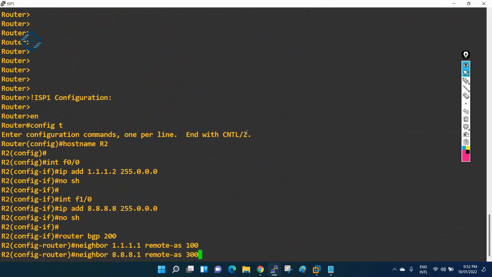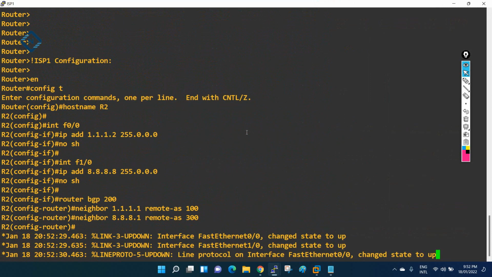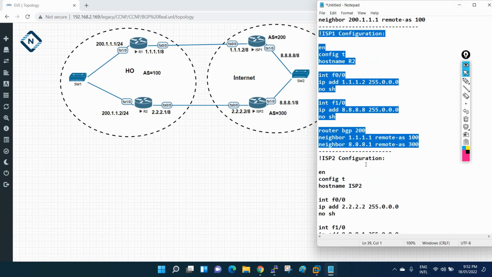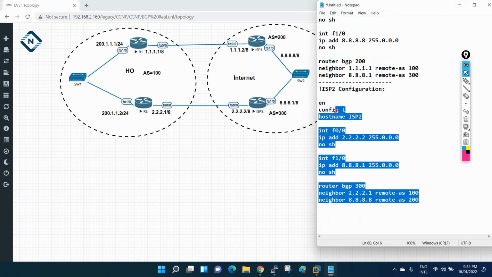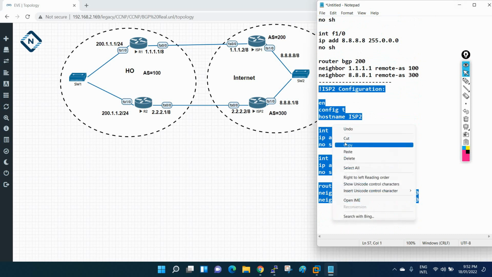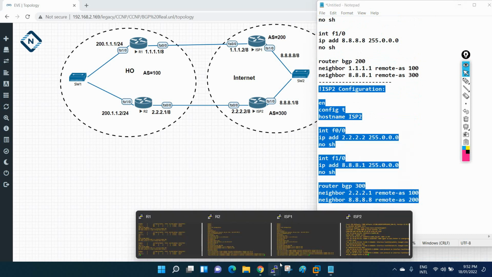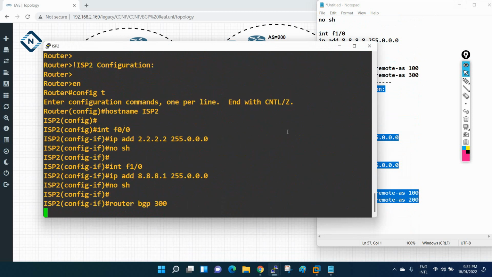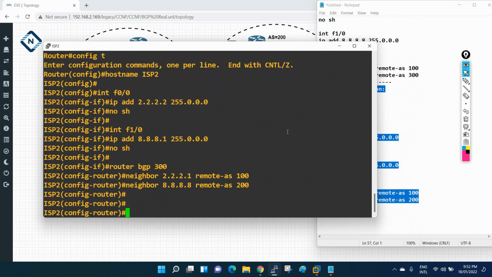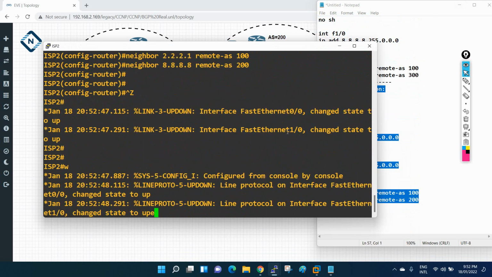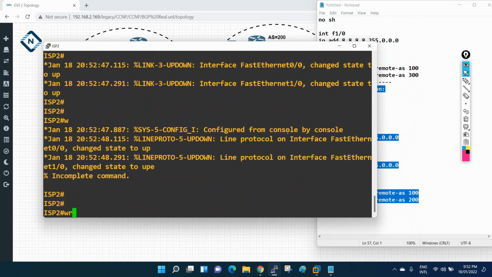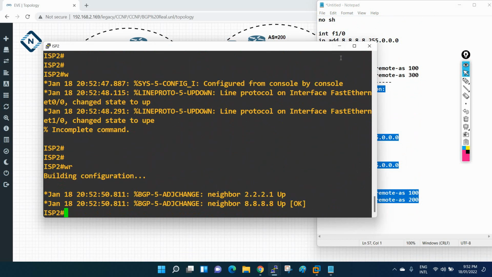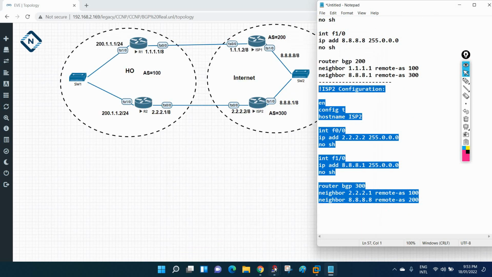Let's see here, and let me paste the ISP2 also. So let me copy from here to here, and I will go to the ISP2. Okay, now I am here in the ISP2. I pasted everything. Let me save the configuration. Let me save with WR, and I will go here.